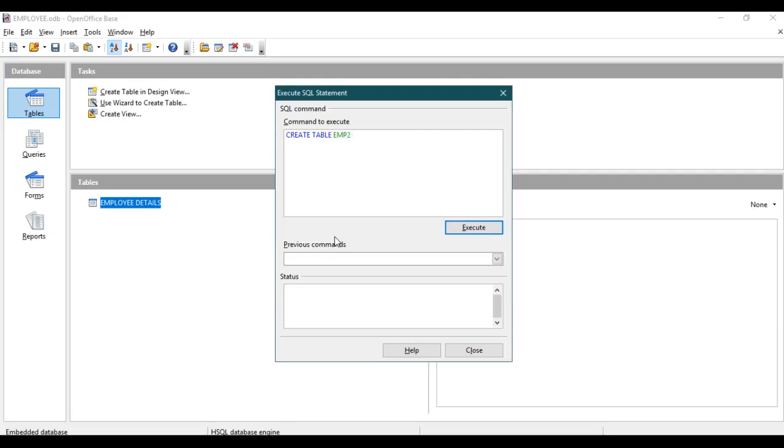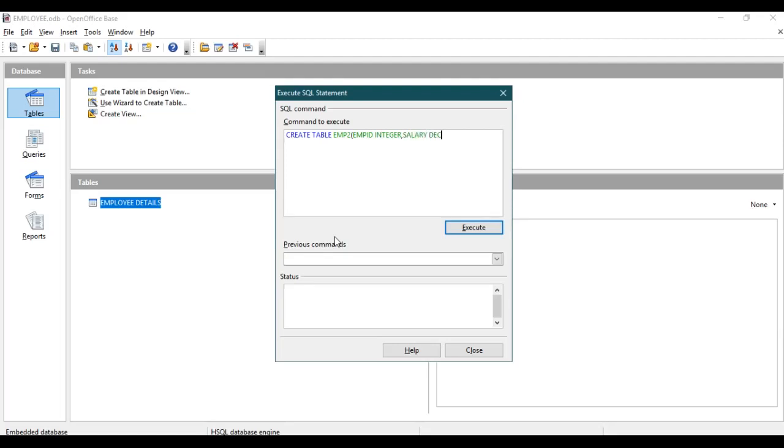Okay, then open the bracket, then employee ID, that is the field name followed by the field type. The field type will be integer, then put a comma, then salary.